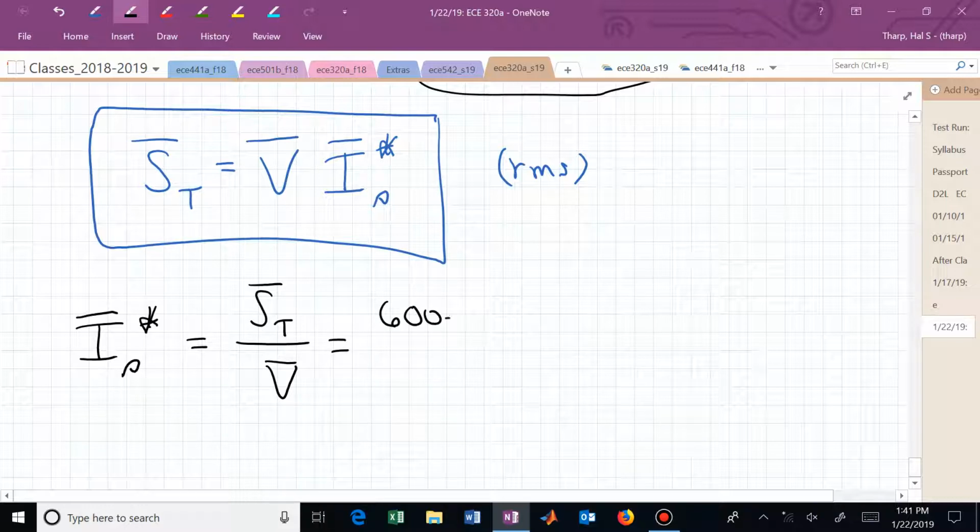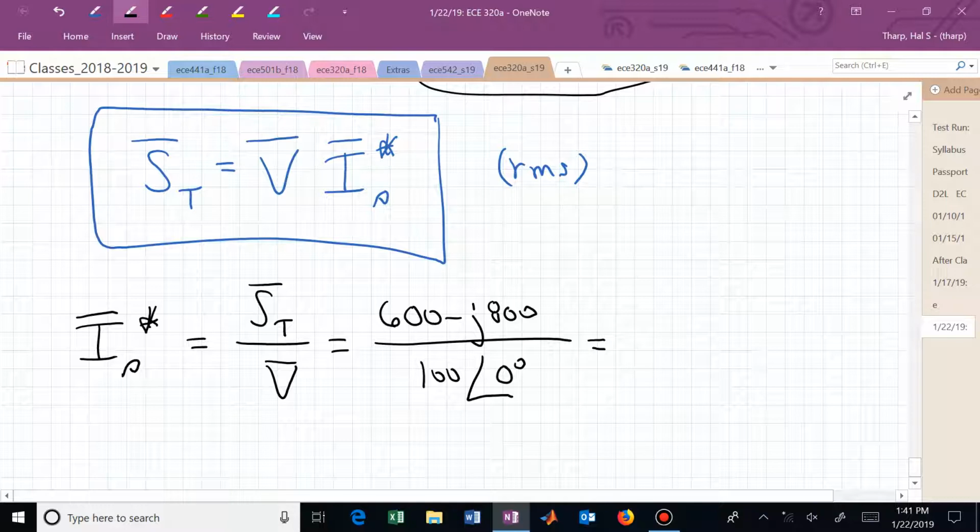This is now 600 minus j 800, all divided by 100 at 0 degrees. Now it's convenient that that voltage phasor was our reference phasor. We now just have to divide the top by 100, and we end up with 6 minus j 8